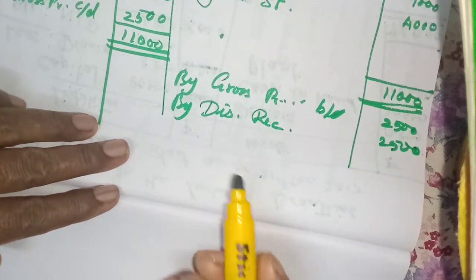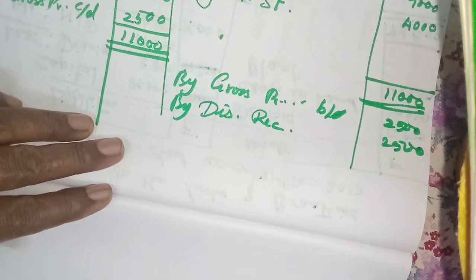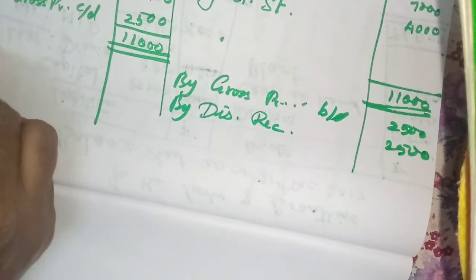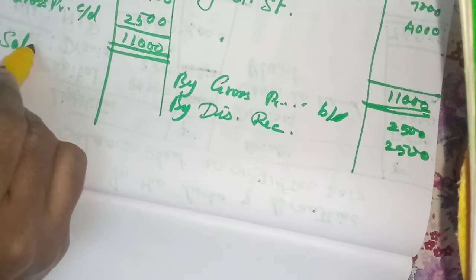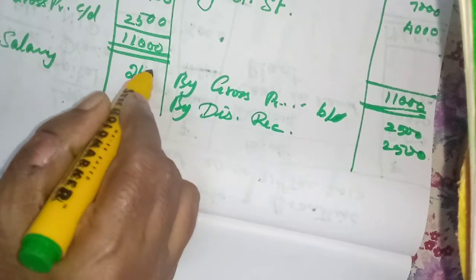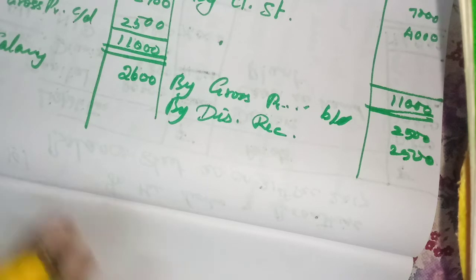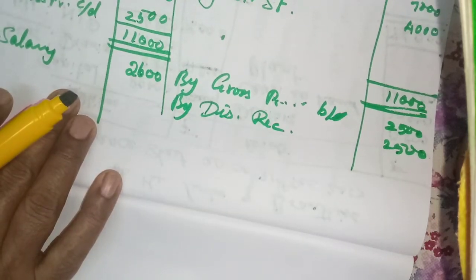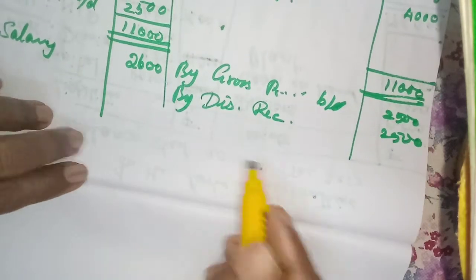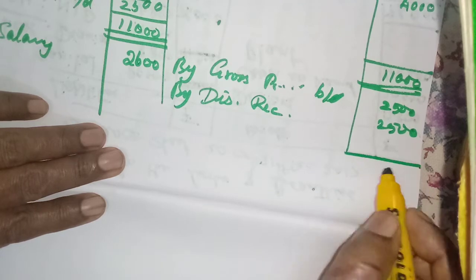Then machinery, now here, isn't it? Creditors, sales, purchases, no. A salary given, isn't it? 2 salaries. That will be the first item. Okay, salary 2,600. Because office and administrative expense only we have to write first. Okay, even if you don't write in order also no problem. Then capital cash at bank, that will come in the balance sheet. So only one item here, here 2 items, 5,000.